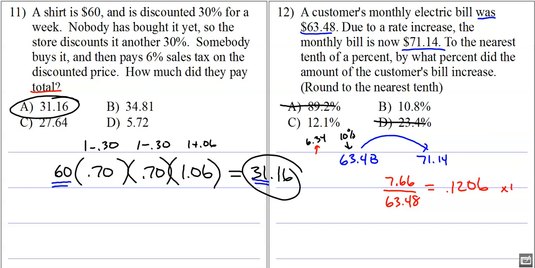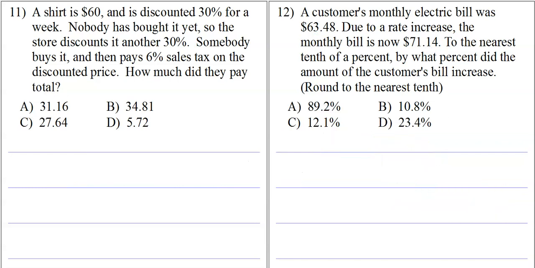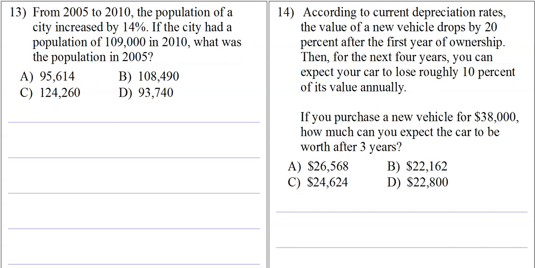0.1206. Times it by 100 or move the decimal. You're looking at 12.06%, rounded to 12.1. That's the increase in the old electric bill. 13 and 14,